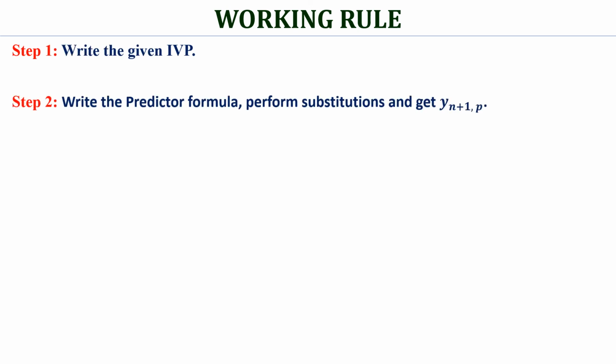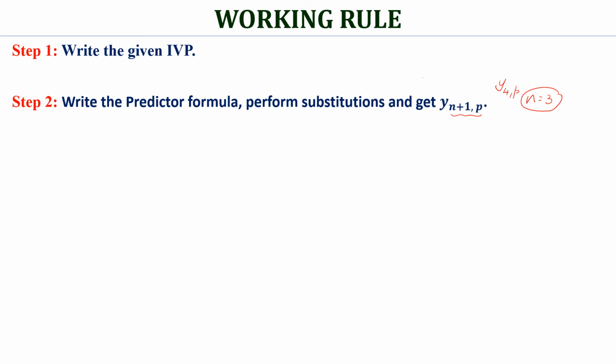So now comes the working rule to solve the IVP using any one of the two methods, whether it's Milne's or Adams. The only formula changes, but the stepwise methodology is the same. So let's list it down carefully. Let us write the IVP in the first step. Then the second step, we shall write the predictor formula, whichever we are using, either Milne's or Adams, and we substitute n equal to 3 in the predictor formula. Substitute n equal to 3 and get the value of, I am writing it in the general form here, but in the problems we will be getting the value of y4p because I am putting n equal to 3.